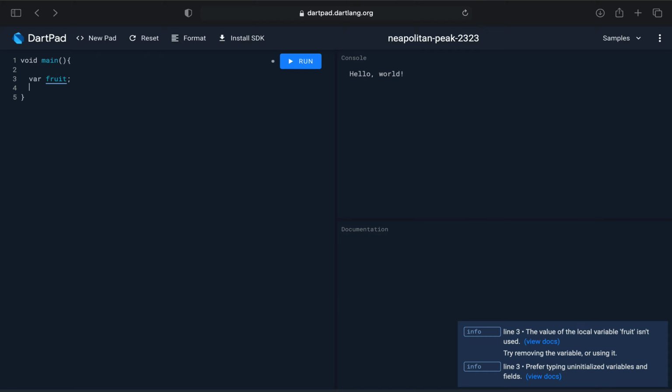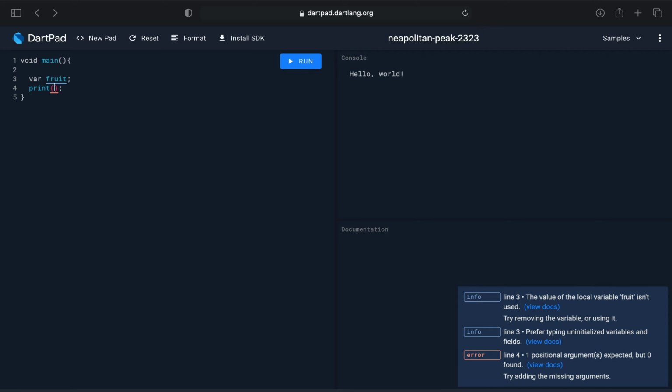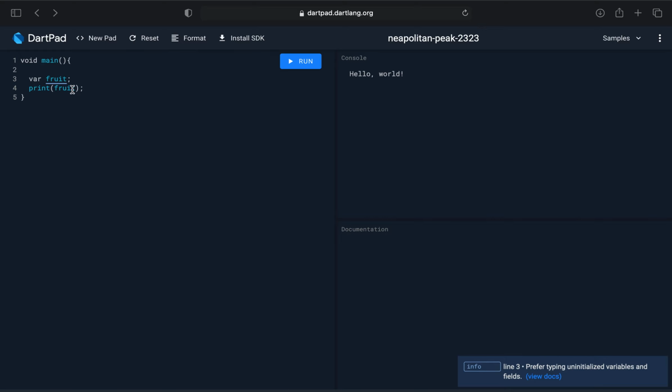We can confirm that with the print function. So we write our print function followed by parentheses and then our semicolon. In this case, for us to see what value has been assigned to the fruit variable, we're going to put in fruit as the value or the argument of our print function. So when we click run,